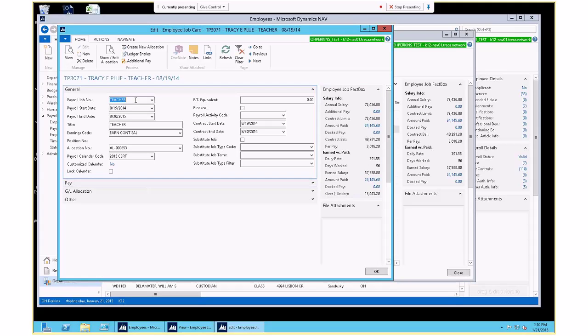So in here, the job, obviously, is the job that comes in as you're entering it. Can you change the job? You can change the job. The system will pop up most likely a message. It'll certainly pop up a message if you change the start date. It will say, do you want to update the default values with the change you're making? And what that really means is that when you have a brand new job and you put in the job code and the date, it brings in all the default values, if you will, from the payroll job,